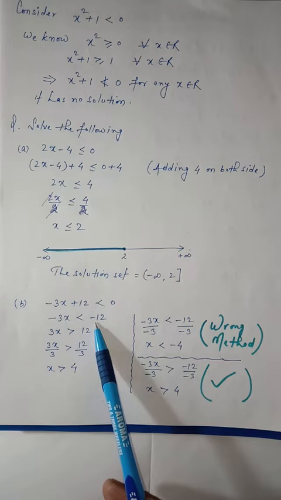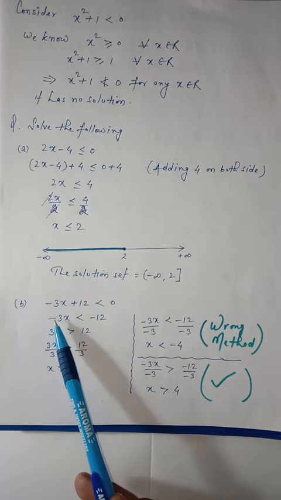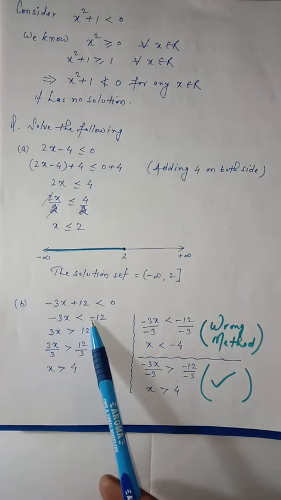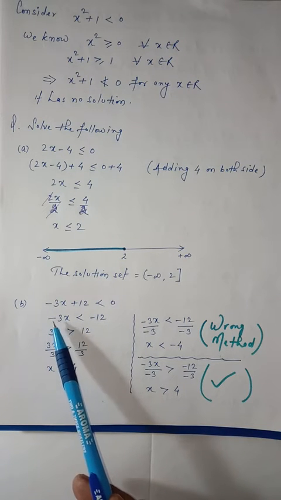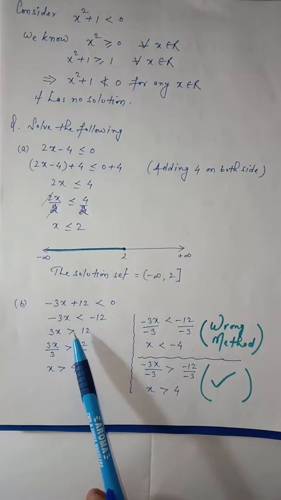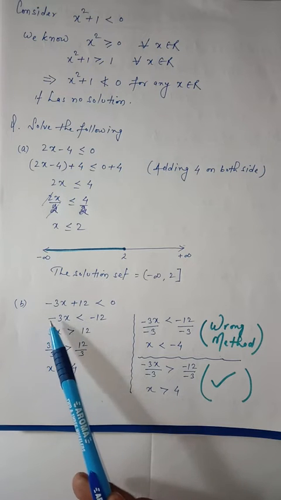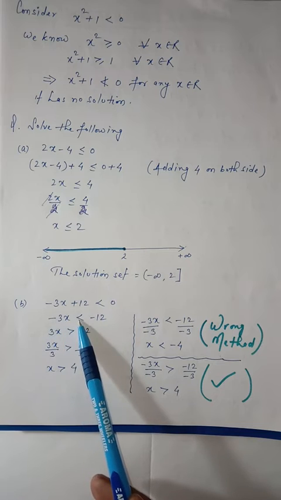Now one method is you can multiply by minus both sides. So when we multiply by minus, it will become plus, it will become plus. But remember, when we are multiplying both sides by minus, the sign will change. Okay, you cannot just cancel both sides. This is a blunder mistake. We can't cancel the negative sign on both sides because this is an inequation.